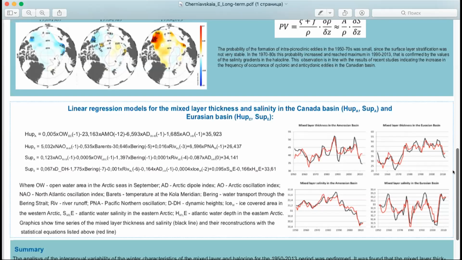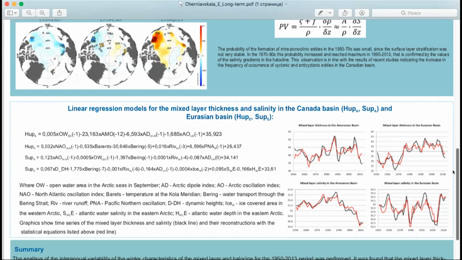We see that in the Amerasian basin a strong freshening occurred, and that's why the salinity goes down, of course, and it also affects the mixed layer thickness. But the Eurasian basin is affected by Atlantic waters, and probably